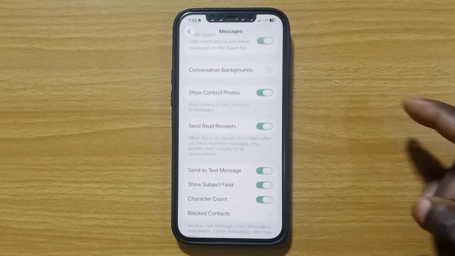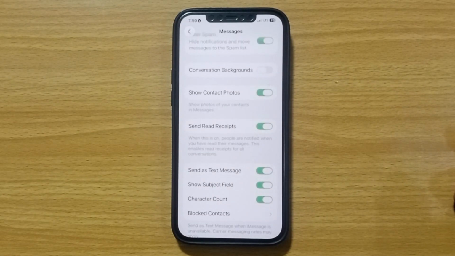Now that I've tapped on Messages, scroll up until you have access to Conversation Background. Tap on it to toggle it off. So that's all. This is the simple process on how to toggle off conversation background on